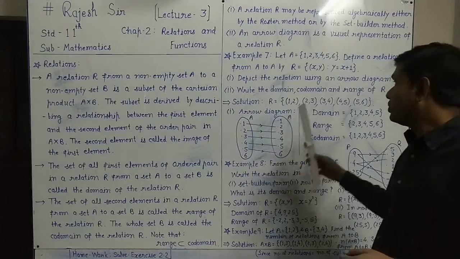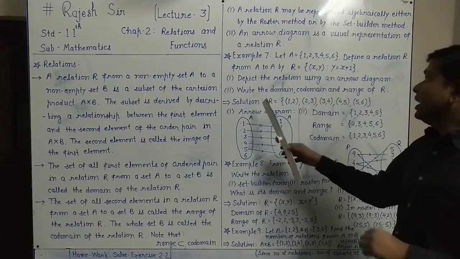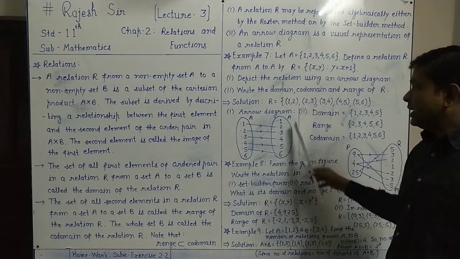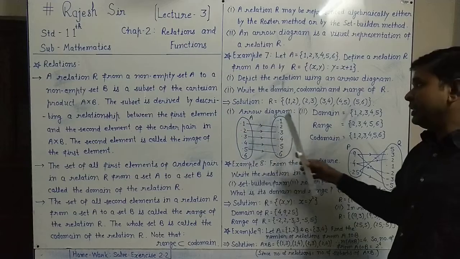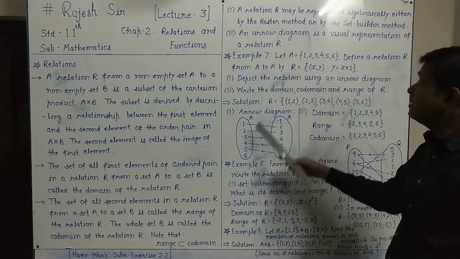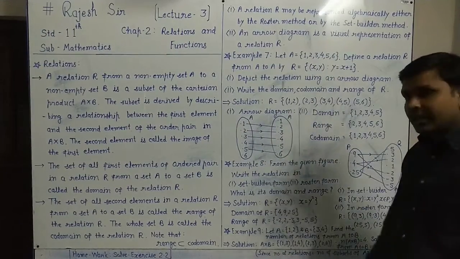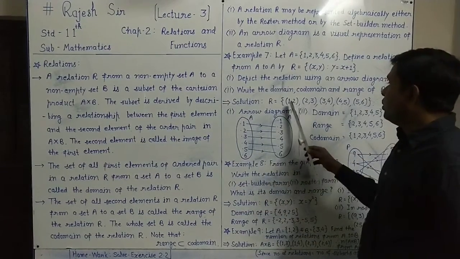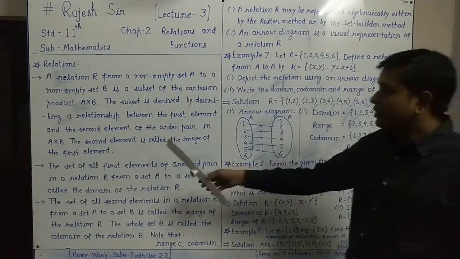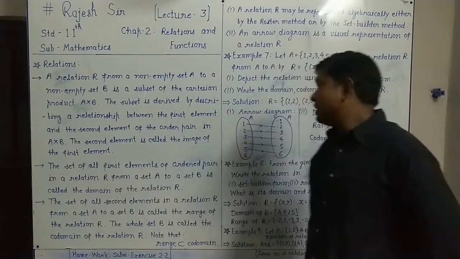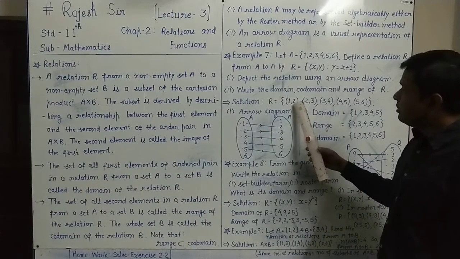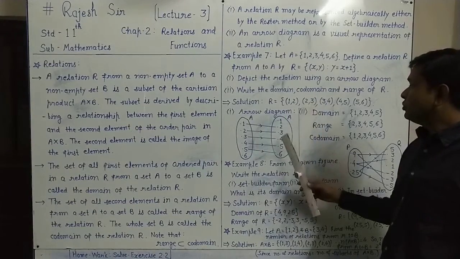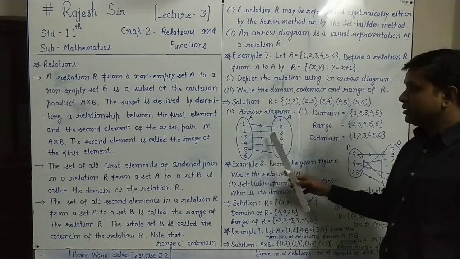Now an arrow diagram for this relation we can show, as the relation is from A to A. On both sides we have drawn the picture of A and A, in which all the elements are 1, 2, up to 6 and 1, 2, up to 6. The relation we want to show here one element at a time. As we have seen in the definition, the second element is called the image of the first element. So here 2 is the image of 1. 3 is the image of 2. This way we have related.